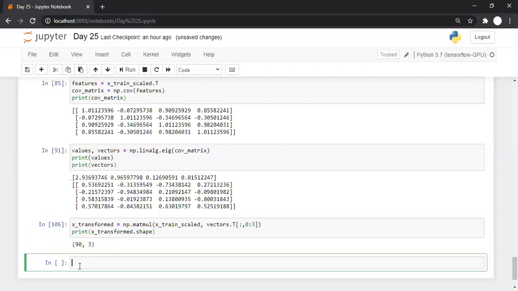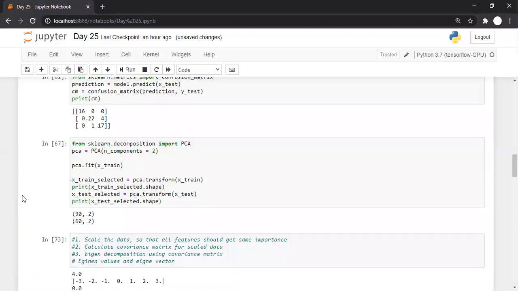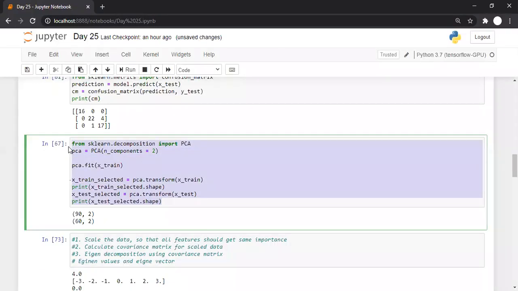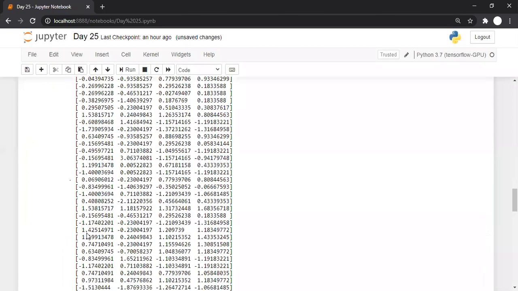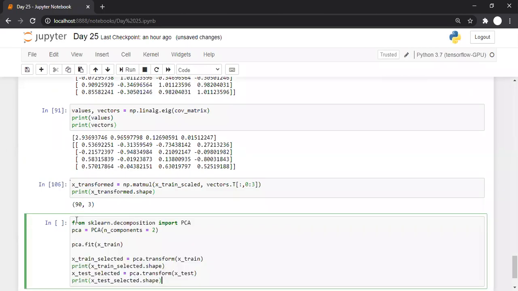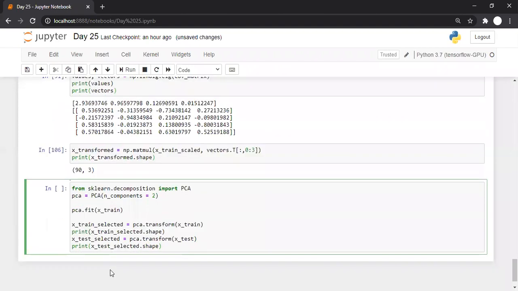How we can use it. So let me copy this part, where we calculated the important components.